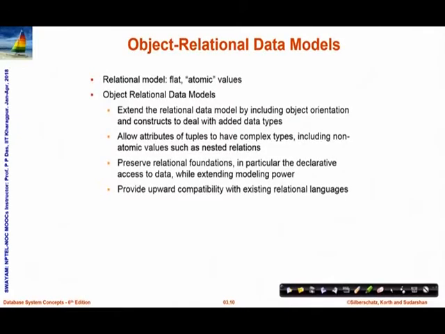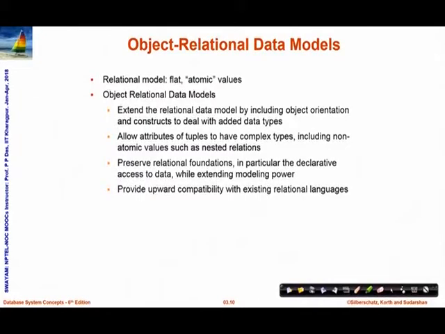In the object relational data model, we extend the relational model by including object orientation and the constituent constructs to deal with added data types, higher data types, where attributes are allowed to have complex, non-atomic values that may allow things like nested relations, that is, a value could itself be a relation, could itself be a table.